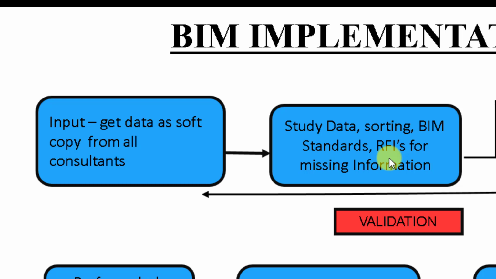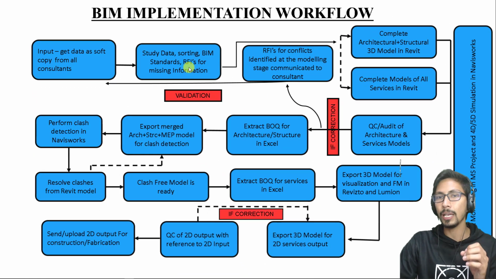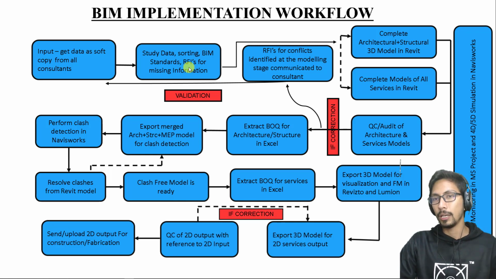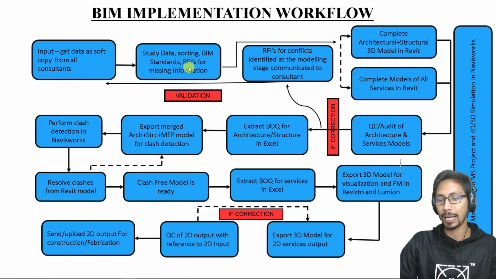If there is any missing information inside this document or inside the drawings, we'll raise an RFI. What is RFI? That's basically request for information. So when you don't have the right information or the full information about certain thing, you raise an RFI to the clients or to the consultants. Let's say you have received a set of structural drawings. In the structural drawings, you also have the column positioning or the column marking, but you don't have the column tags. So in that way, you don't know what exactly this column is.